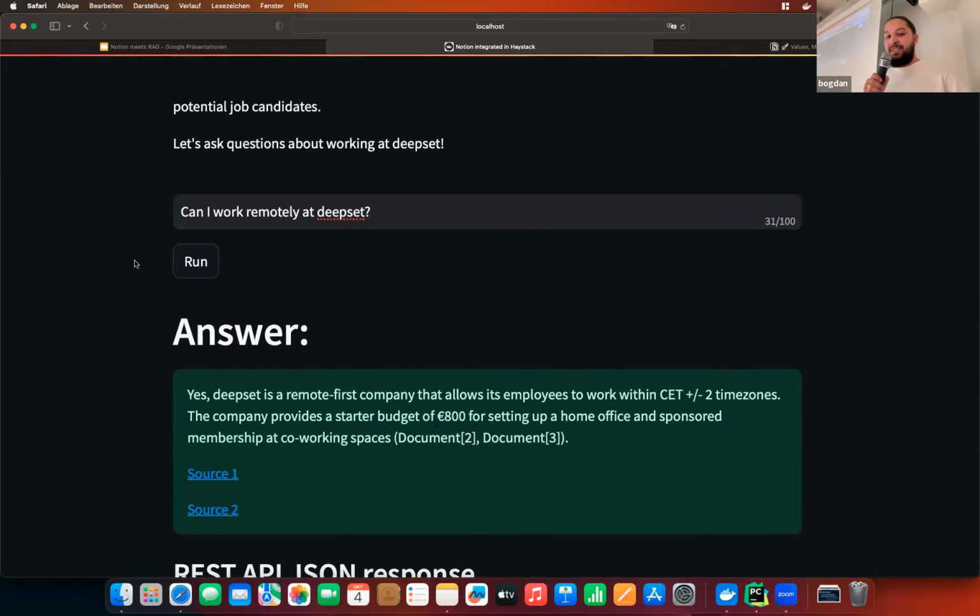And here we get the answer that deepset is a remote-first company, and it allows its employees to work within the European time zones, basically. We also get the information that deepset provides a budget of 800 euros to furnish your own home office.